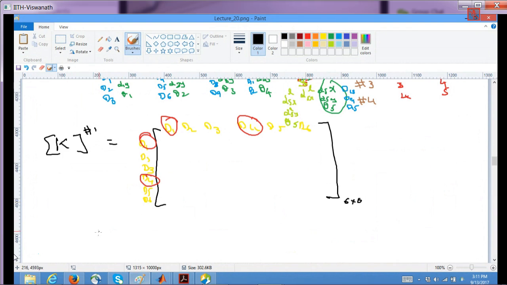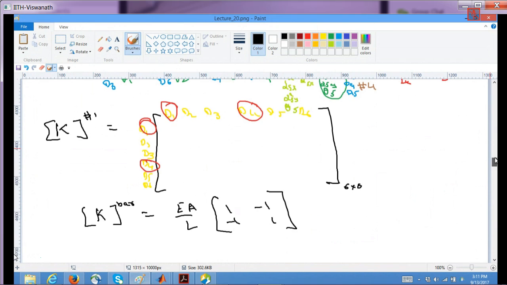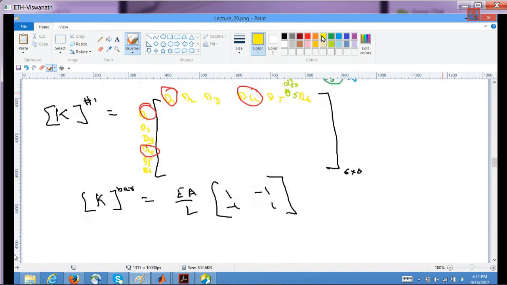We know the element stiffness for a bar is given by EA by L, [1, -1; -1, 1], which we derived previously. That is with respect to the degrees of freedom, in our case, D1, D4, D1, D4. Similarly, for a beam, which we often write,